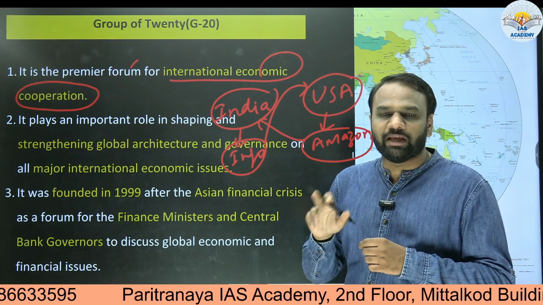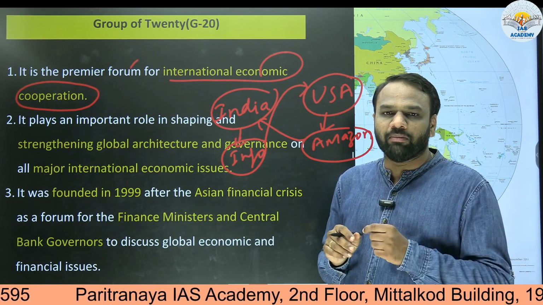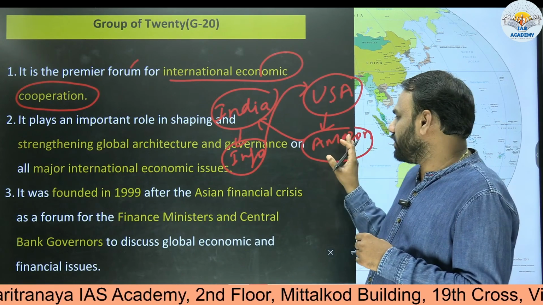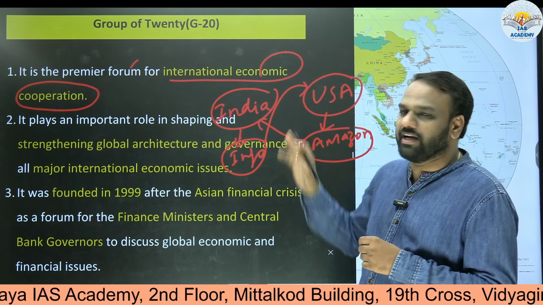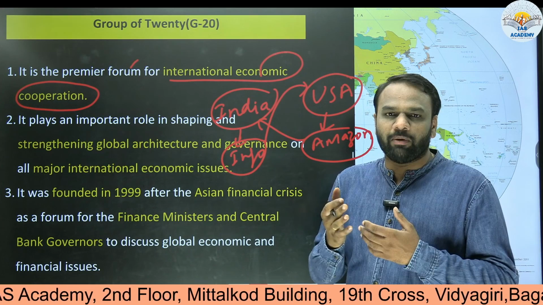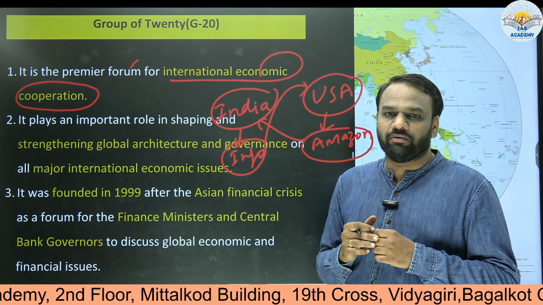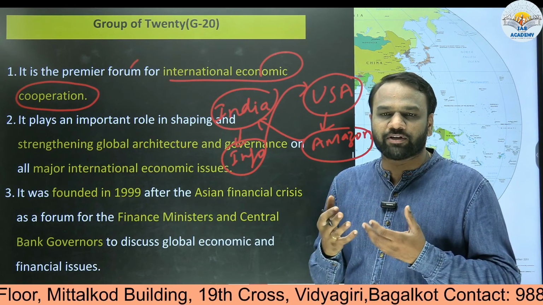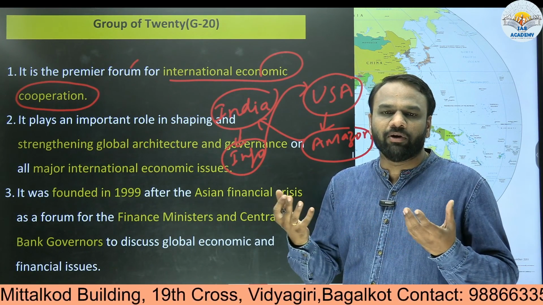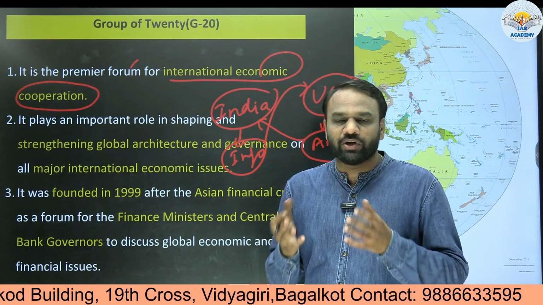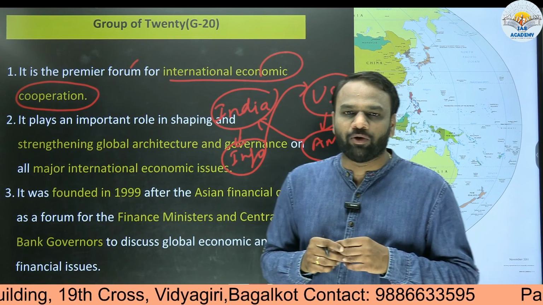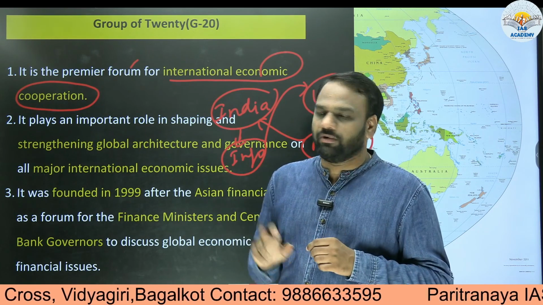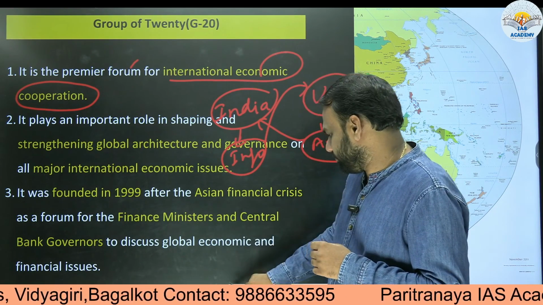If at all they impose tax, then there will be a problem. Tax may be imposed on Infosys in both India as well as USA. Similarly for Amazon, it may be imposed in both USA as well as India. In order to avoid this problem, we require cooperation between India and USA. Similarly, such cooperation will be required between various countries. To achieve such economic cooperation, we have a premier grouping which we call G20. A very important point.